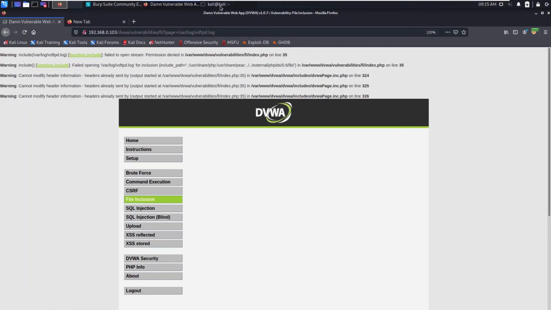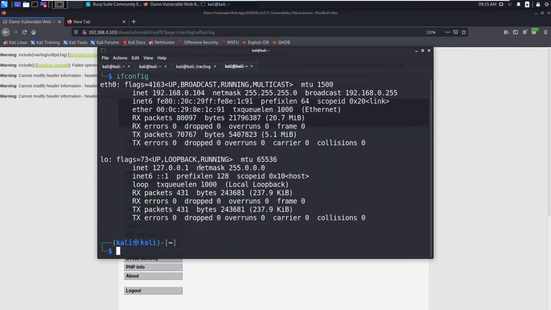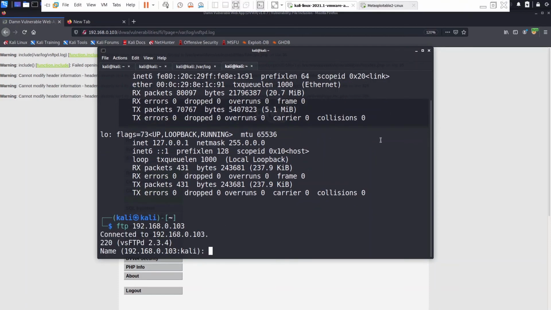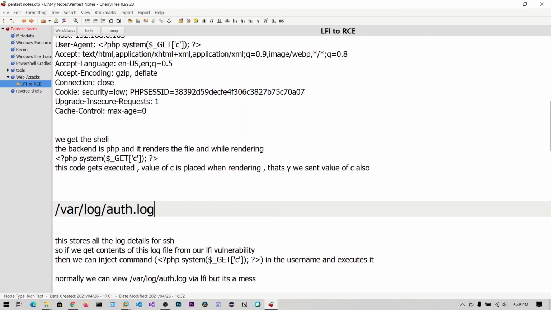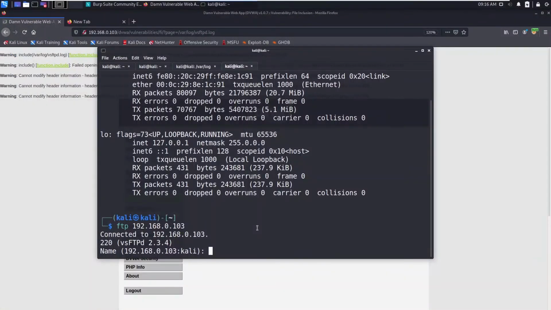So if there is a permission issue, what you can do is you can say ftp, so I'm logging into this ftp. Instead of this username, let's copy this and paste it in here.